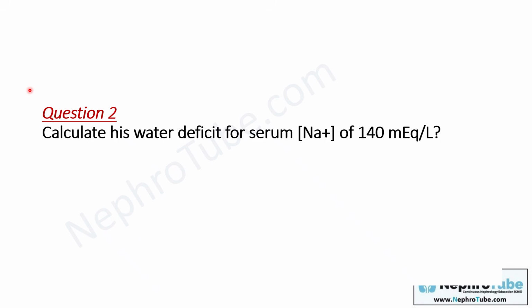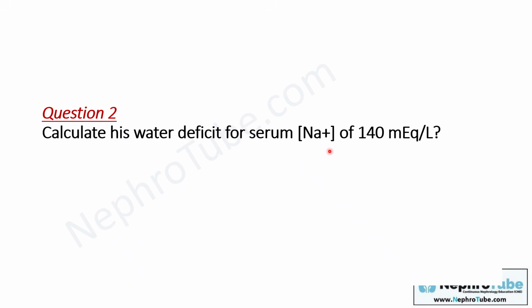Now we want to treat the hypernatremia. To treat hypernatremia, we have to treat the cause for sure, and we have to correct the hypernatremia itself. To correct hypernatremia, we have to supply the patient with water. To supply the patient with water, we have to calculate the water deficit of the patient to know how much water to supply him or her with. So how do we calculate the water deficit